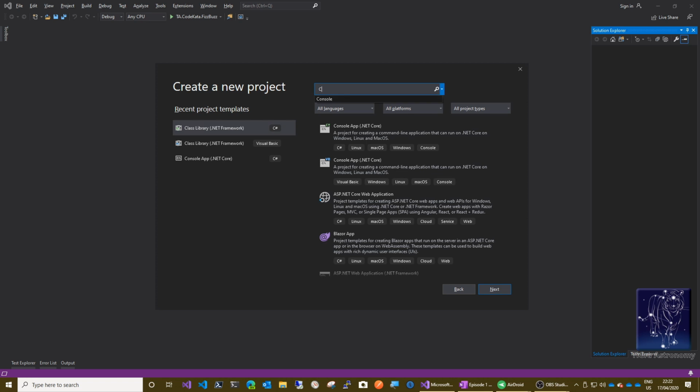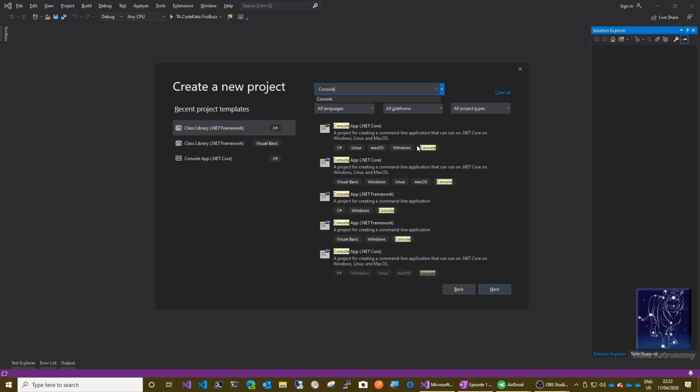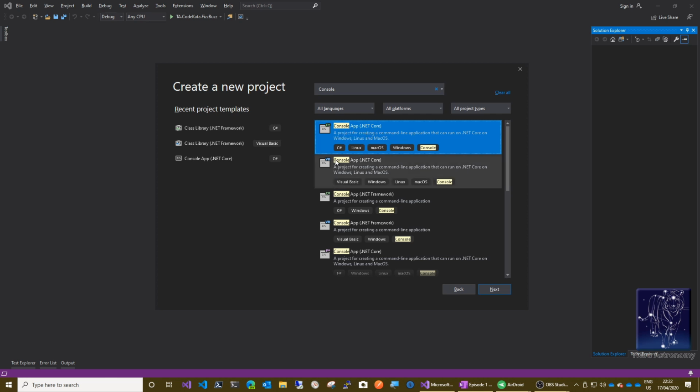So we will put into the search box console, and we have Console App .NET Core, and that's the one we'll pick. Make sure it's got C# in here, and not this one here, which is Visual Basic. So it's the C# one we want, and we are going to click next, and then we need to supply